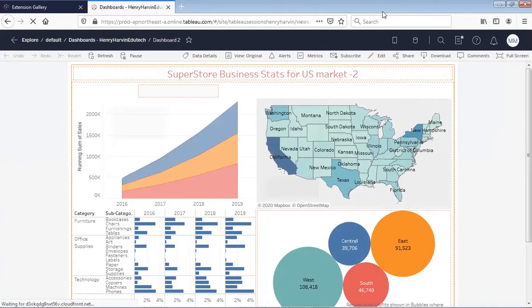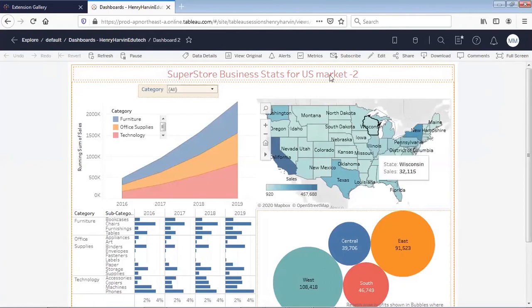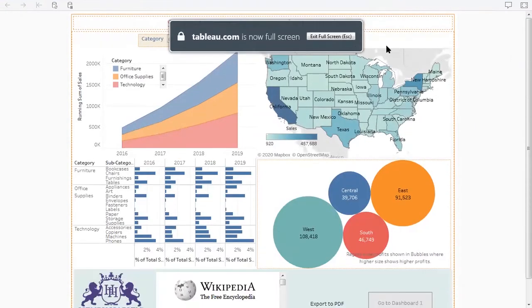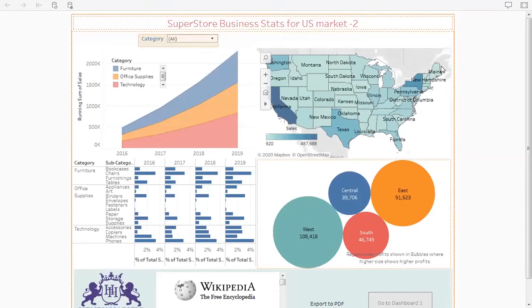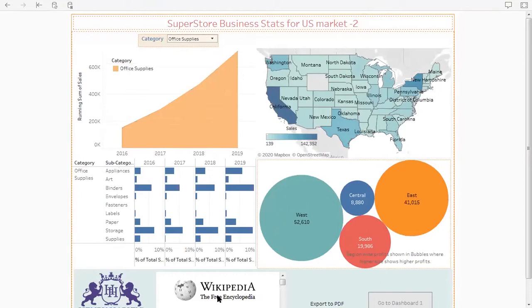Now whatever UI you are seeing over here, we have logged into our Tableau Online, and within our Tableau Online application we are seeing this dashboard in full screen. When I share this dashboard with the end user and they click on the link I share, this dashboard will appear like this at their end, and they can manually change the category of products over here, and based on that they can see the changes on the graphs. They can also use this option to export this visualized report. They can go to the dashboard one which I had.